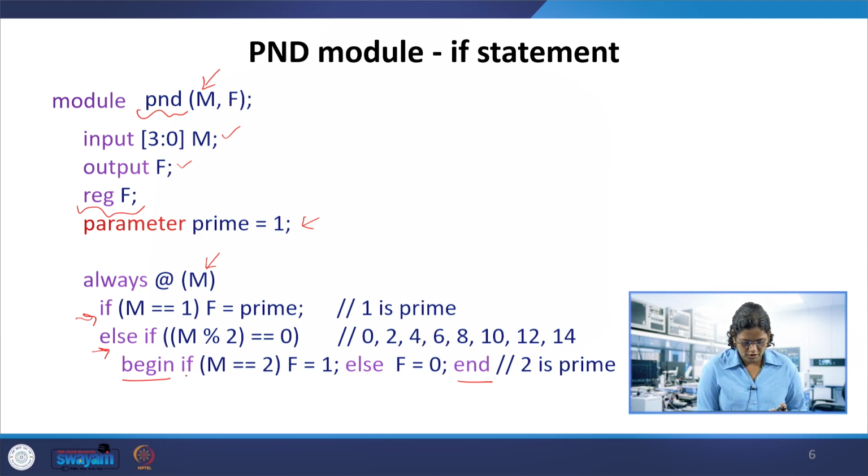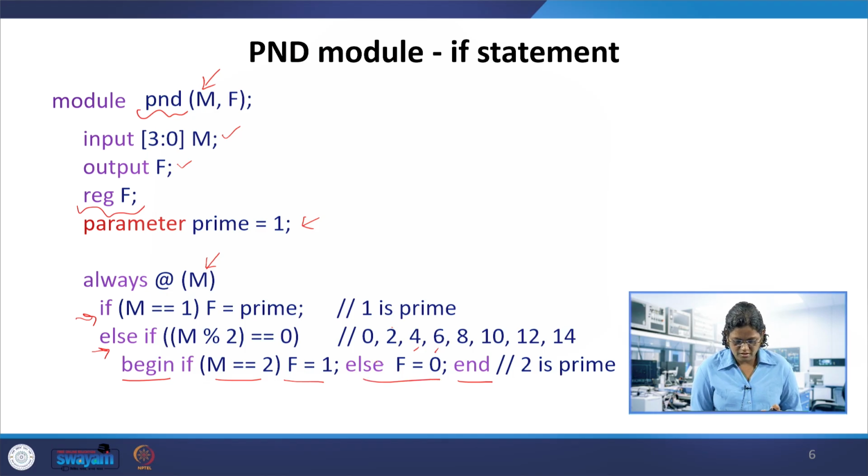Again, it checks among these, the numbers which give remainder 0 because they are divisible by 2. So, is M equal to 2? Checking the condition M equal to 2, if yes, then F is 1, it's a prime, else all other things, that is 0, 4, 6, 8, 10, 12, 14, all are 0.